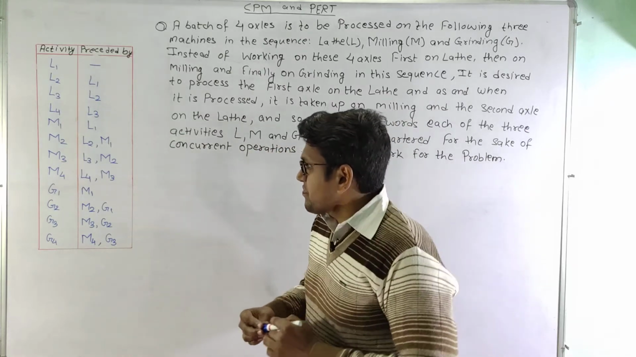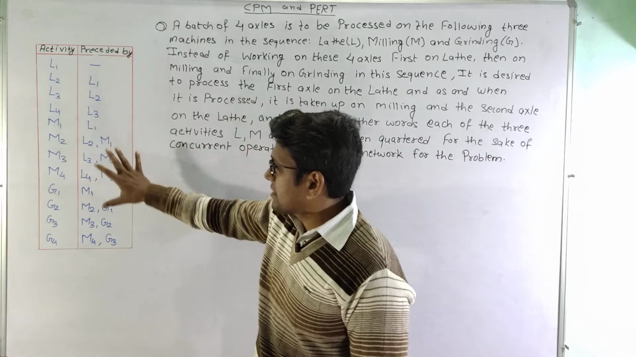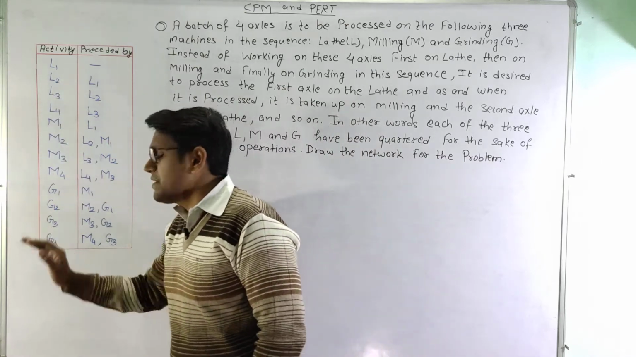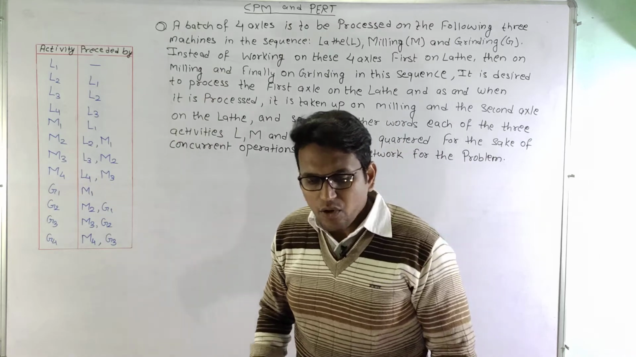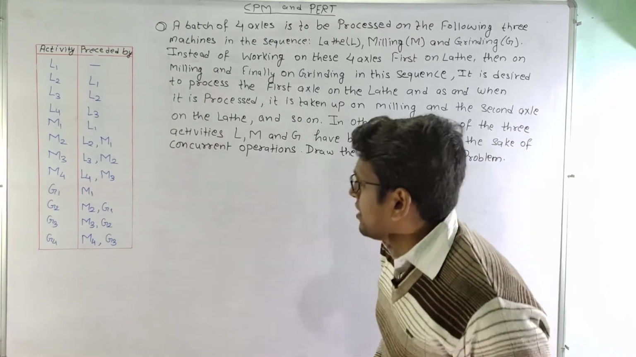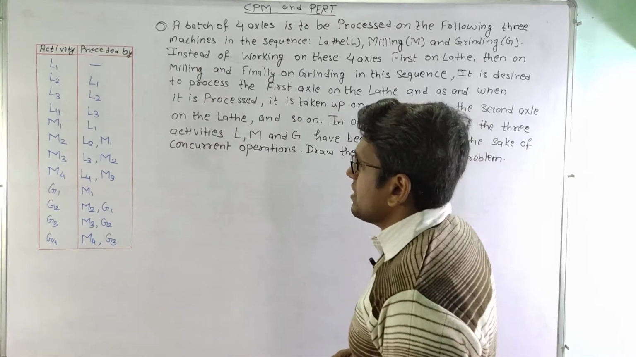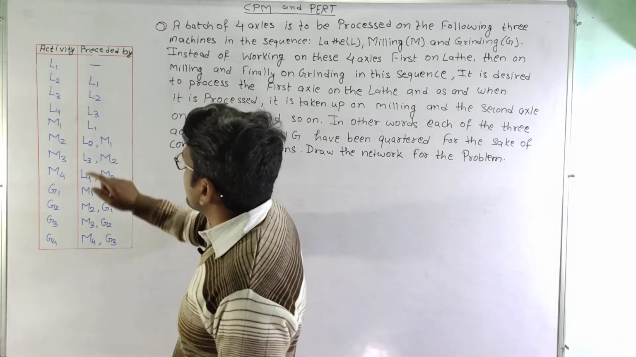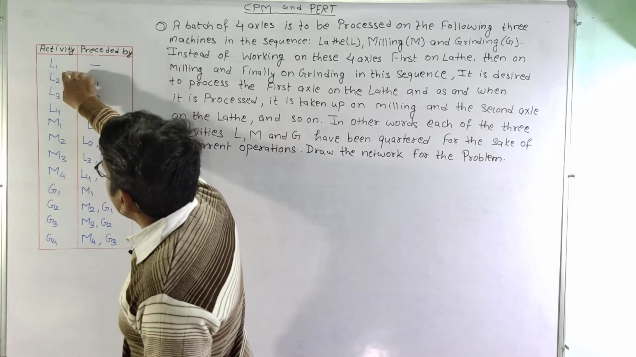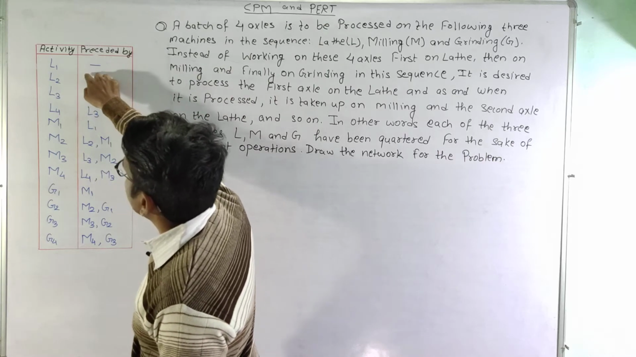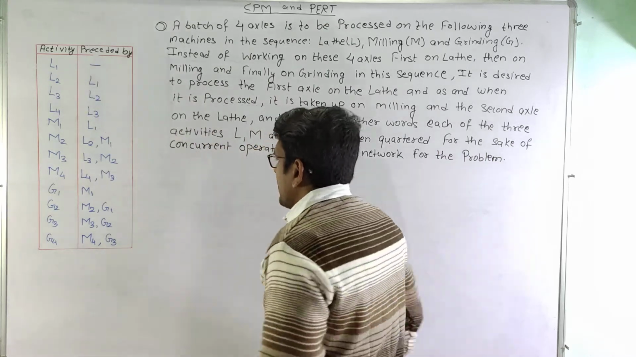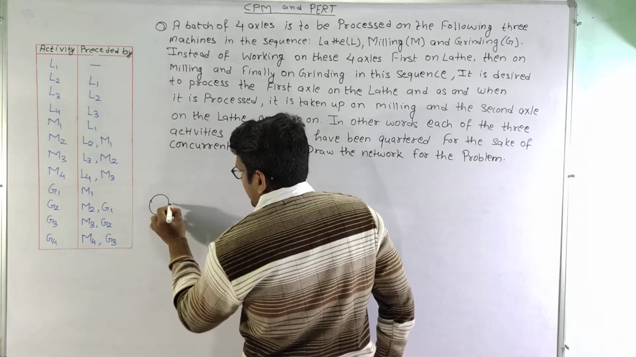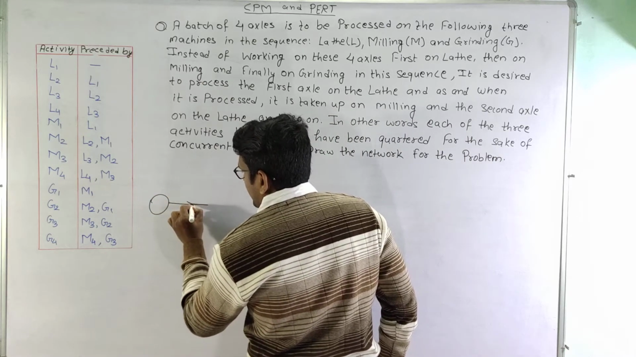So now we have established a precedence for all these activities. Now let us start drawing the network here. So we will see which are the unpreceded activities. We can see that activity L1 is the only unpreceded activity here. So we will start this from the starting node. Suppose this is the starting node and this is activity